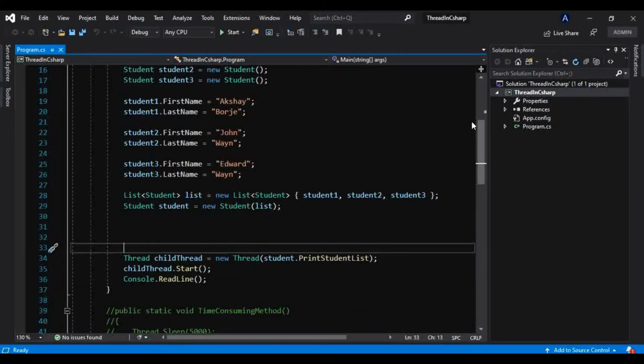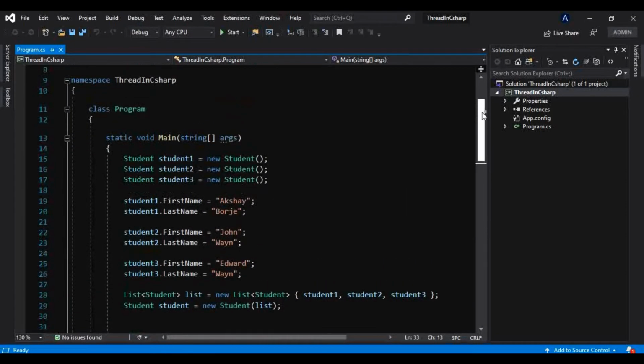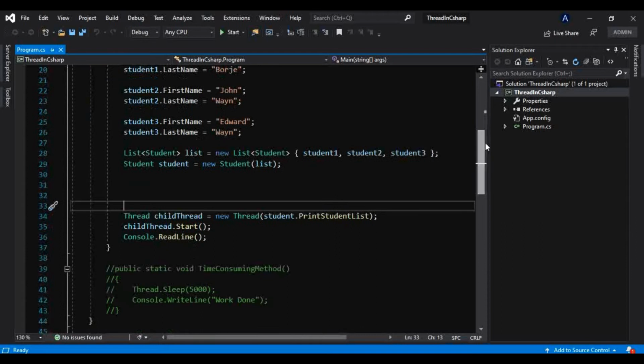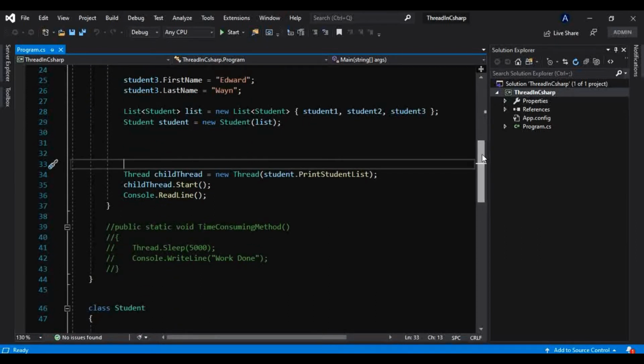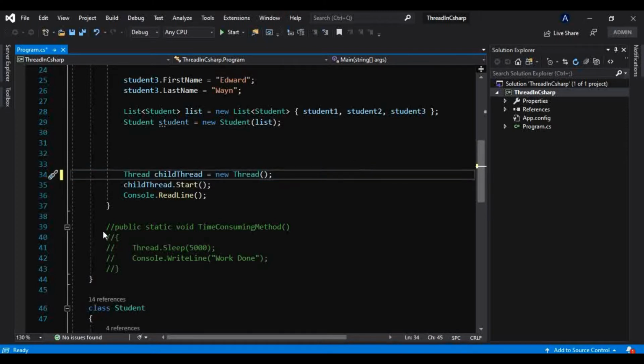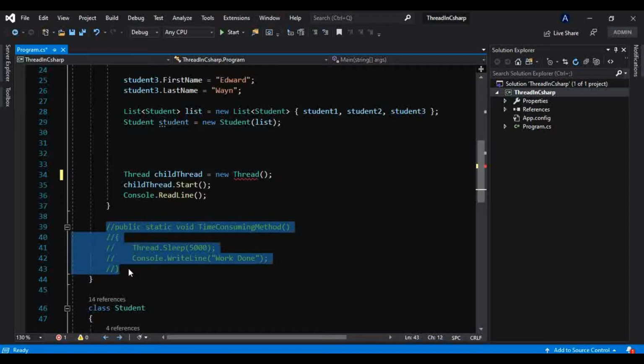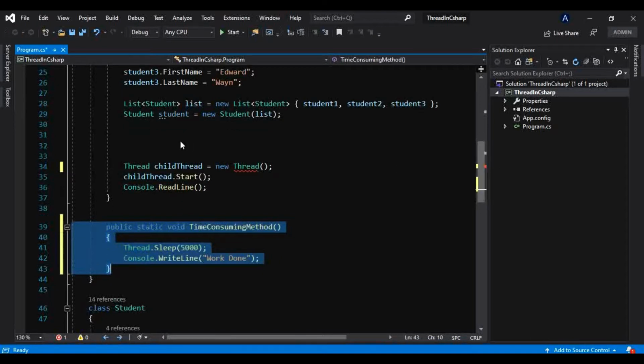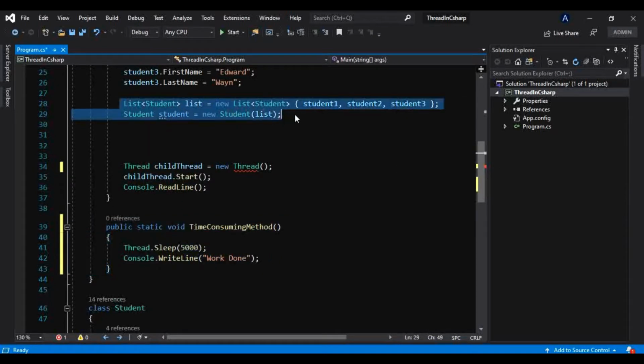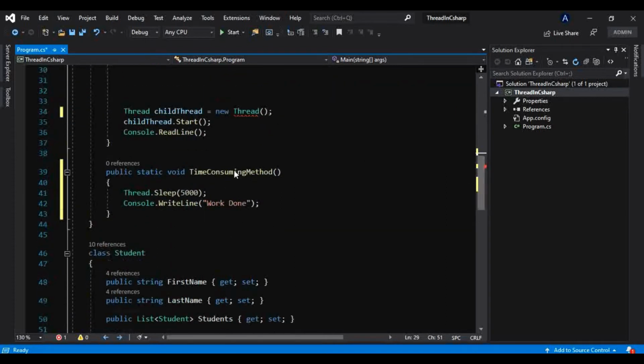This is the same example we used in the previous tutorial, where we learned how to make this application more responsive by using threads. Let me get rid of this for now, and let me uncomment this method. I will comment this and call this method instead of that student method.